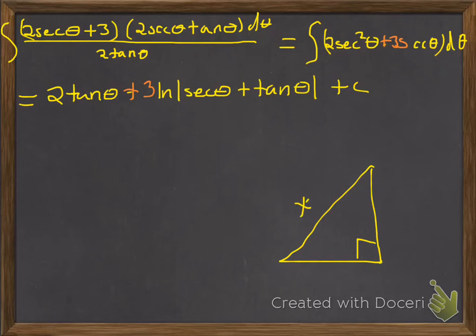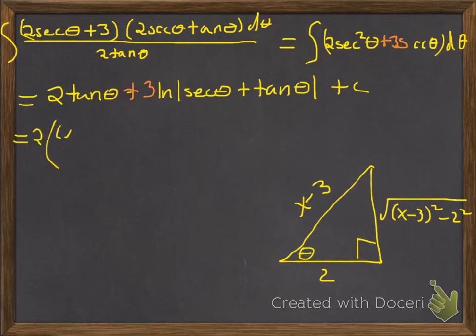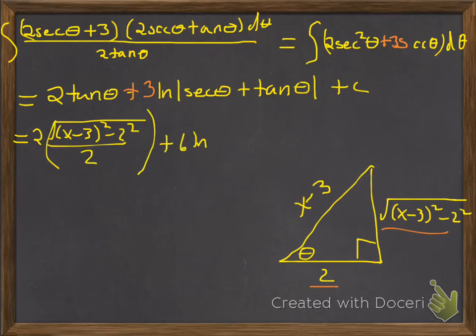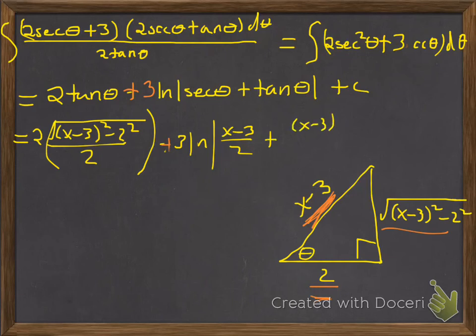Okay, let's go ahead and put in our reference triangle to do all that substitution business. So the tangent is going to be the opposite over the adjacent, so we'll substitute that in. So square root business all over 2 plus, not 6, it's 3 ln absolute value. And this time the secant is going to be the hypotenuse over the adjacent side, so x minus 3 over 2. And then we've got tangent of theta again,